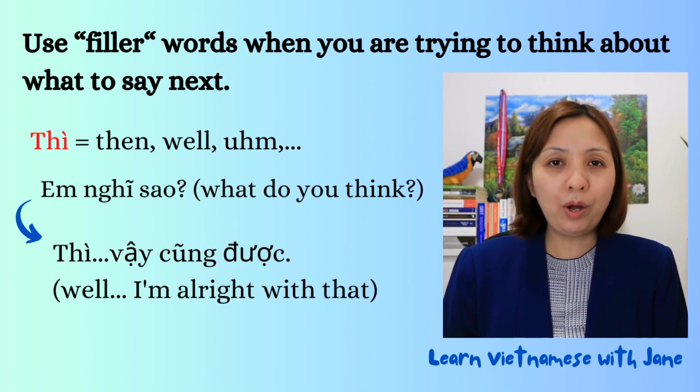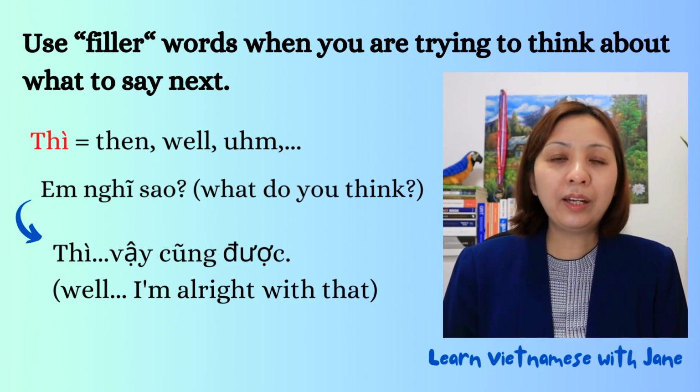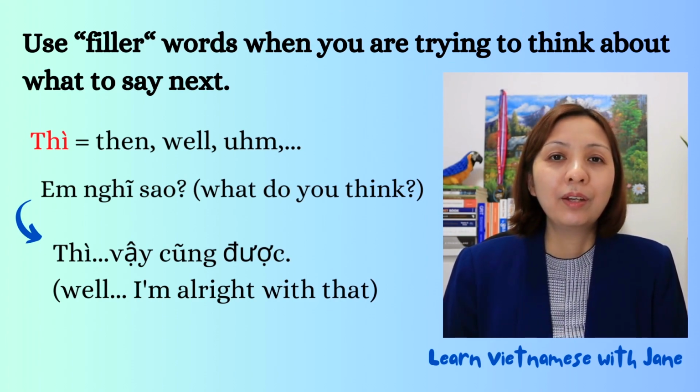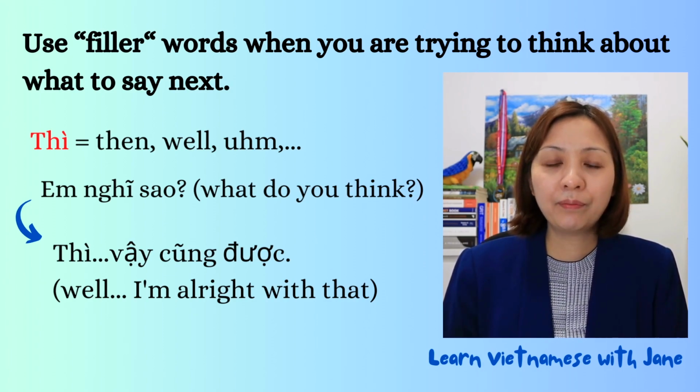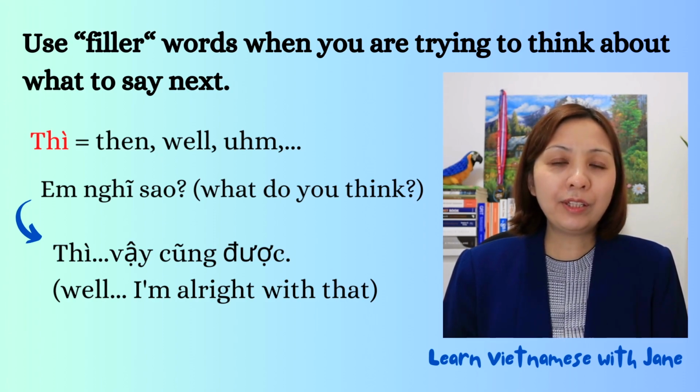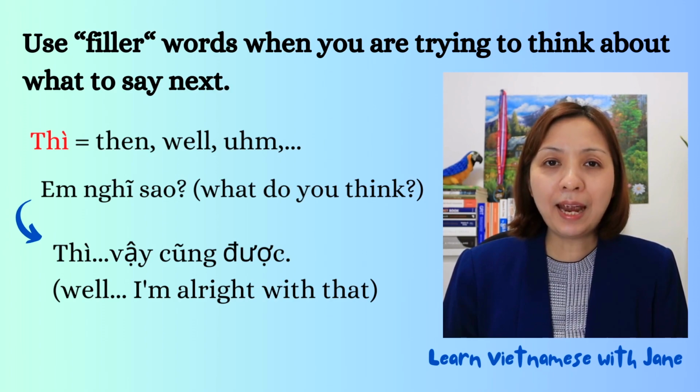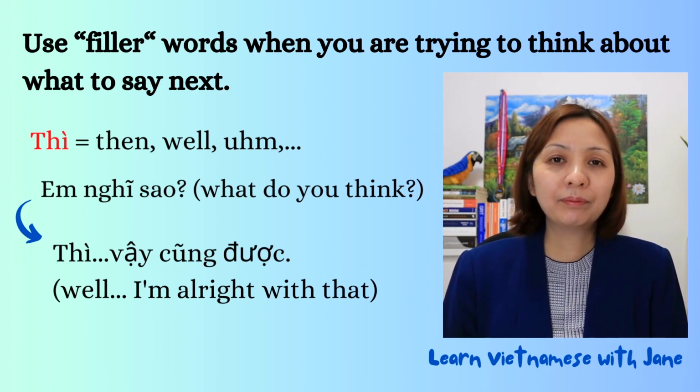When you talk to someone and you are trying to think about what to say next, you can use filler words to give you more time to think. So one of the filler words in Vietnamese is the word thì. Thì, which means well or then or now. For example, if someone asks you, what do you think? Em nghĩ sao? You can say, thì